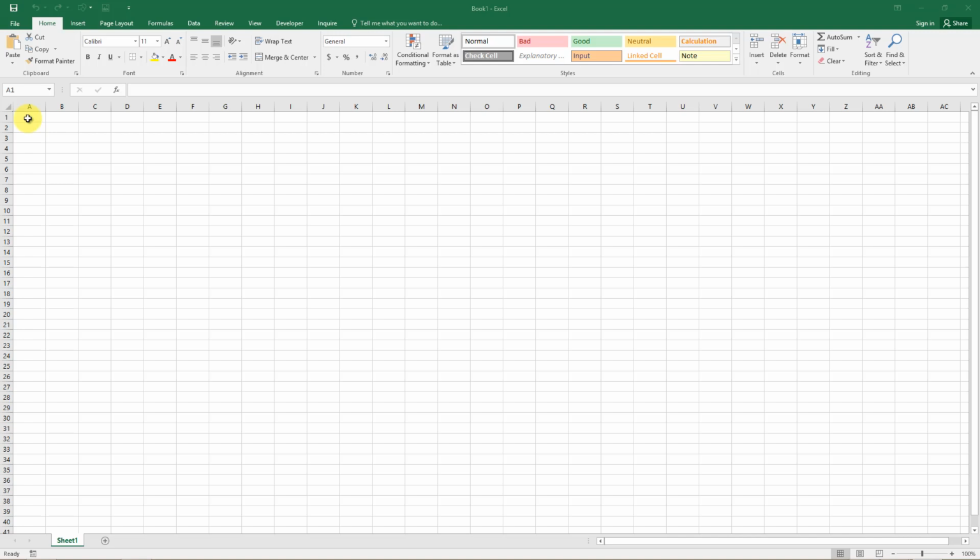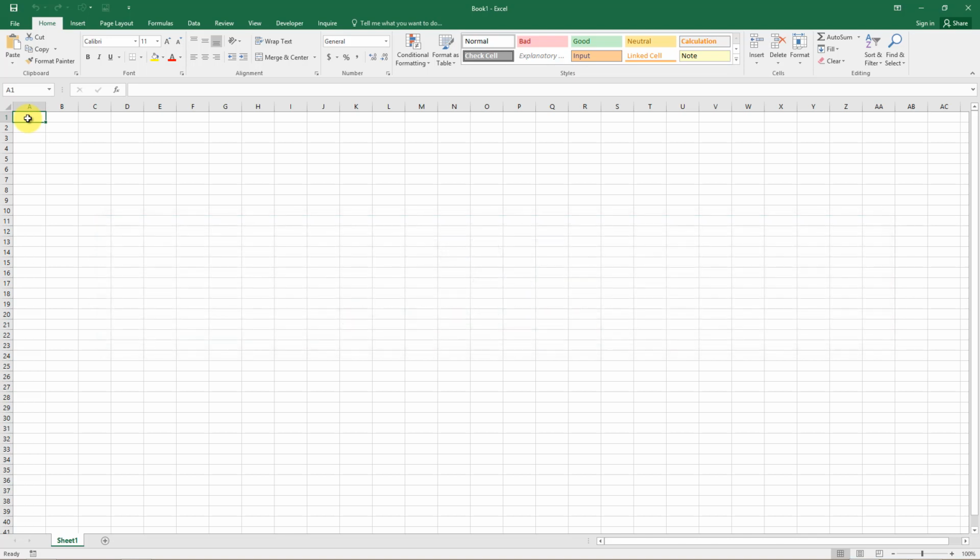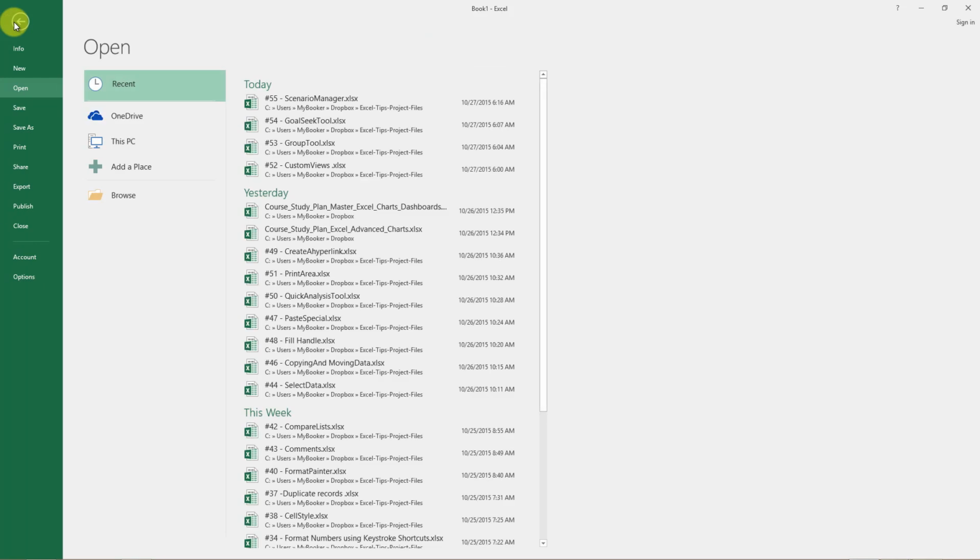Autocorrect can save you a ton of time and it's a really powerful shortcut. With autocorrect you can type a few letters or a short code of a phrase and Excel will show you the whole phrase. For example, you can type VAT, and Excel will type value added tax. Let's see an example to understand the usefulness of autocorrect. To create an autocorrect entry, click the File tab and then click Options to display the Excel Options dialog box.